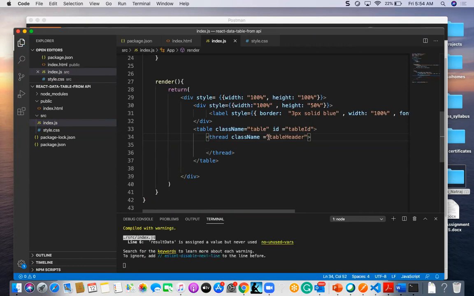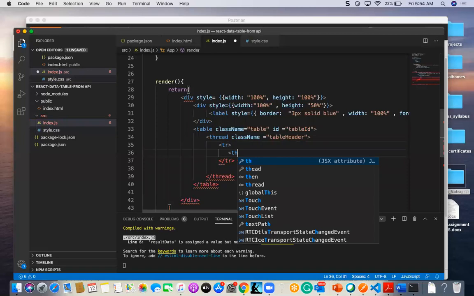In this table header I am going to mention a table row, tr, and inside that I am going to mention th.